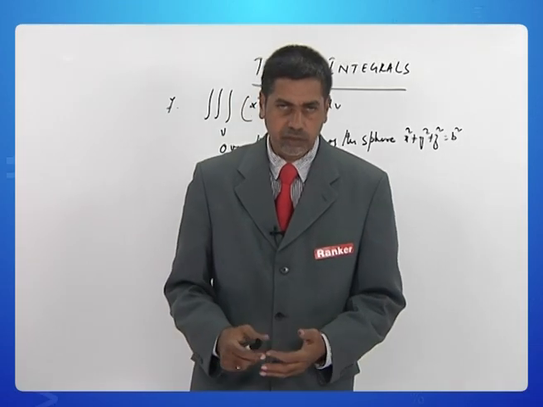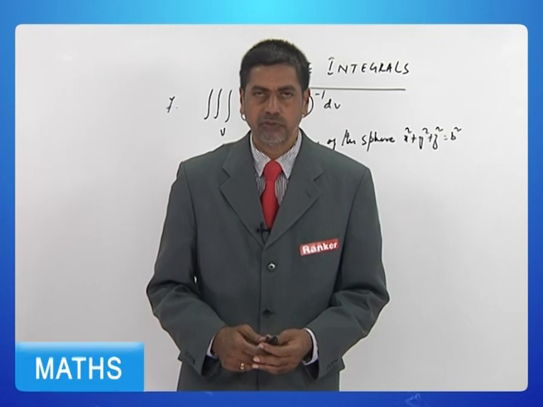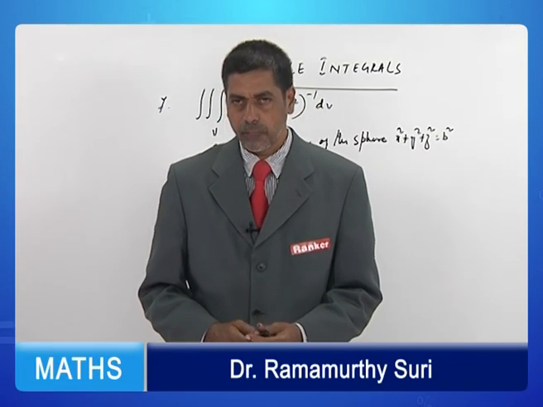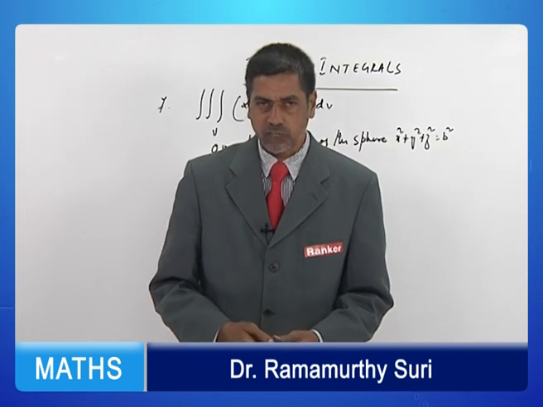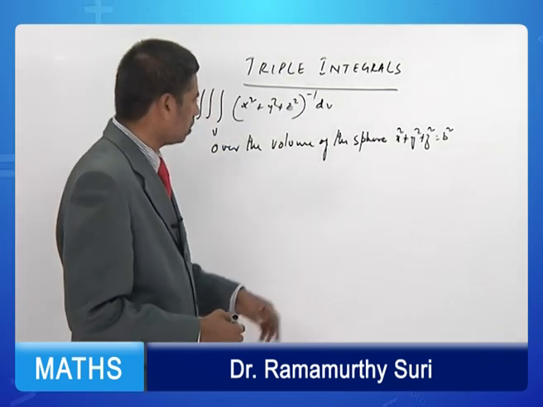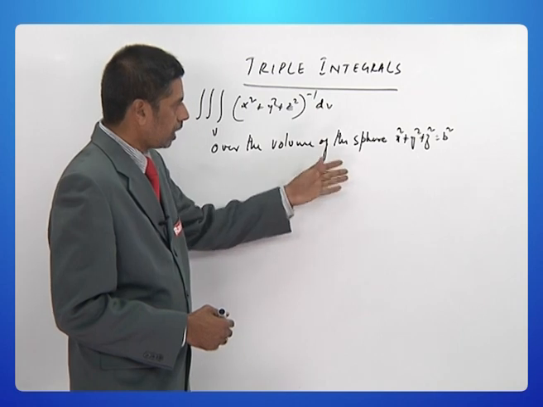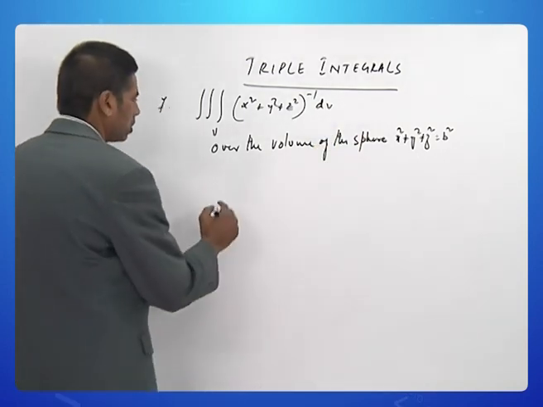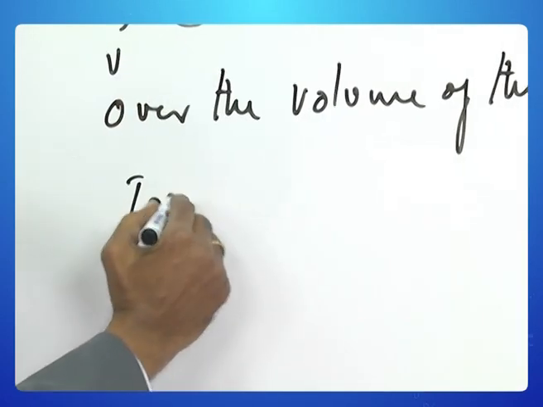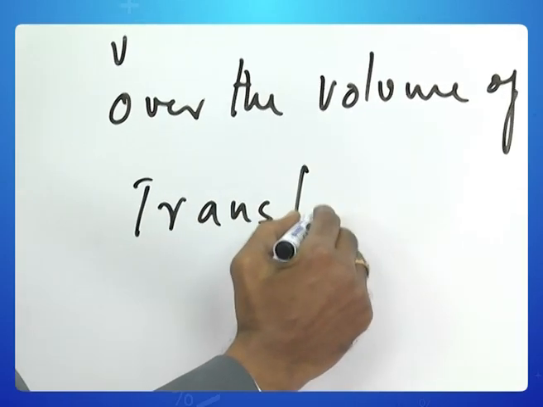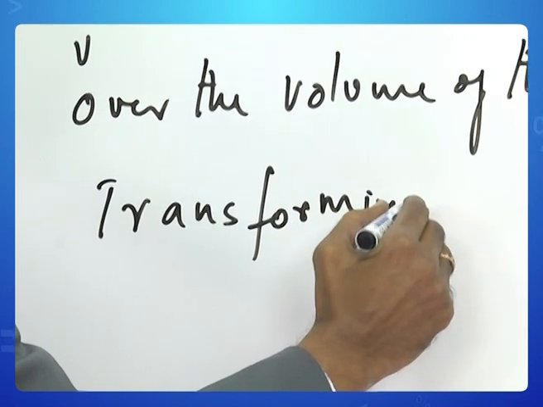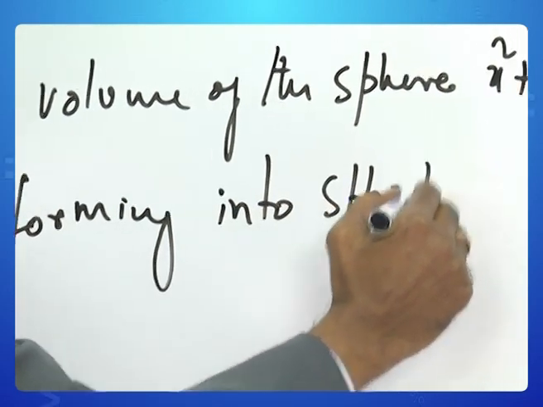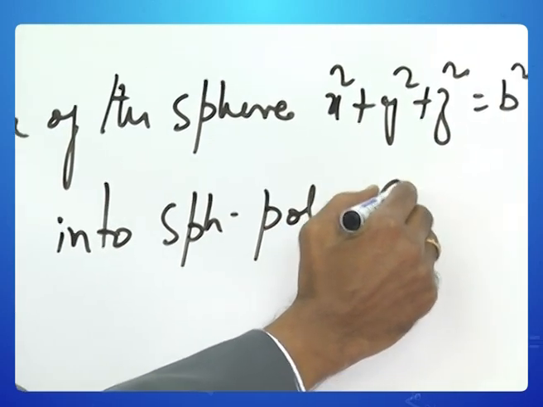Now this is another problem that we have selected to understand integration over spheres. Much easier than the last problem, but now the integration is over the entire volume of the sphere. So therefore, transforming into spherical polar coordinates,